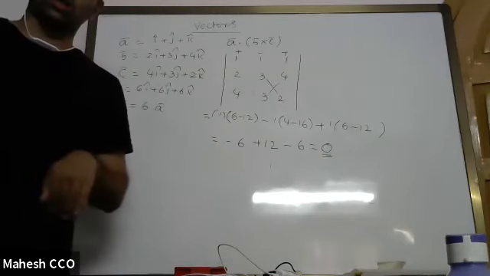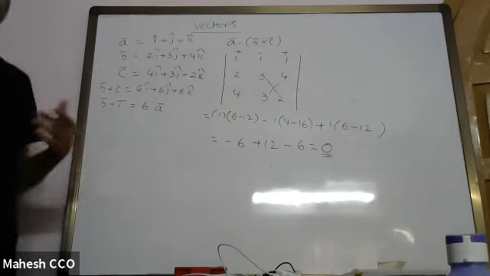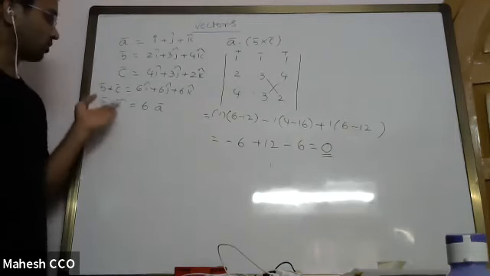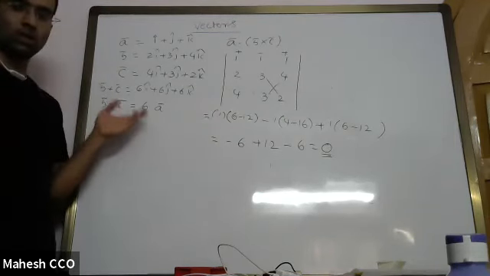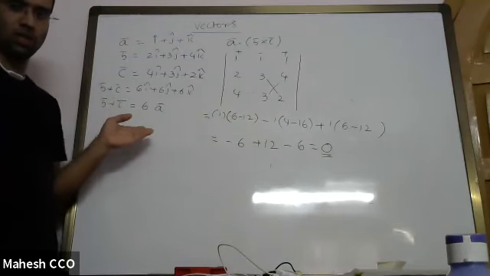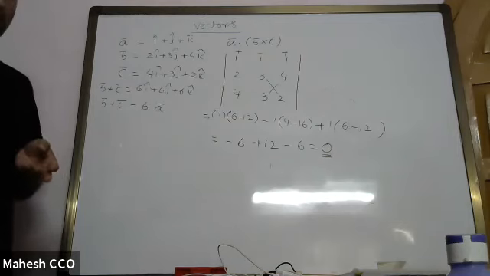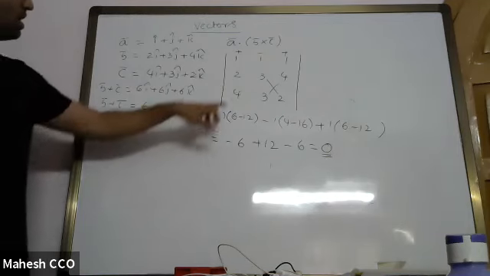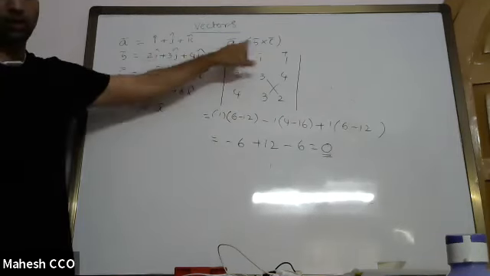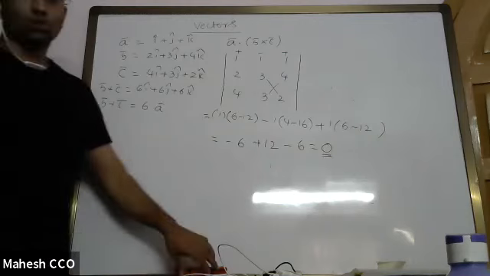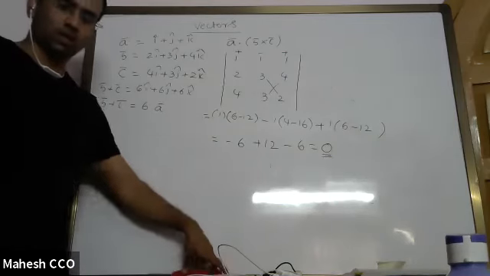So B bar and C bar are in a particular plane. Even A bar is also in the same plane, at least it is parallel to the sum of the two vectors. Because B bar plus C bar is 6 times A bar, we can realize that all three are in the same plane. Now B cross C will be perpendicular to the plane. We are taking the dot product with A bar, which is in the same plane. So that's why the answer has come out to be 0. So that is a fairly correct answer. I will erase this and we'll discuss the next problem.